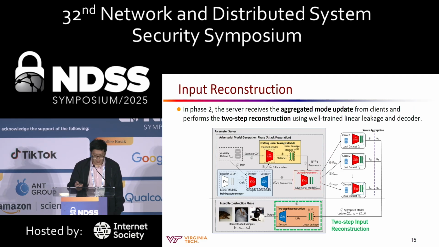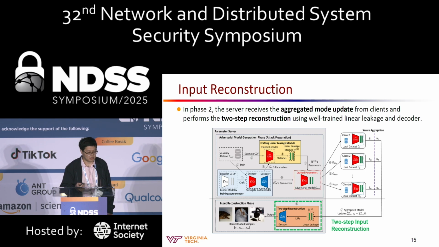After that, the server, because they are actually the attackers, will take the aggregated model updates as the input and conduct the two-step reconstruction we have introduced before. First you reconstruct the intermediate latent space representations, and second you feed these representations to the decoder to help you generate input samples. We actually have a pretty rigorous mathematical proof and a definition for this reconstruction process. I will just introduce the fundamental idea for this work, and if you are interested in the mathematical details, please check the paper.